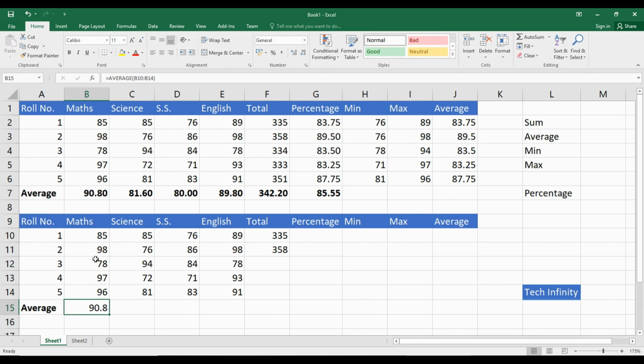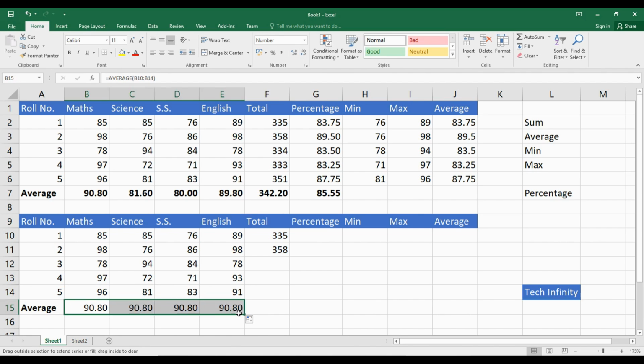There is a difference of decimal place which you can increase or decrease. So what I can do is click over here. There are 2 buttons over here. This particular one will increase the decimal place. So you can increase as much as you want. Let's say we want up to 2, so I'm decreasing back to it. Okay, now